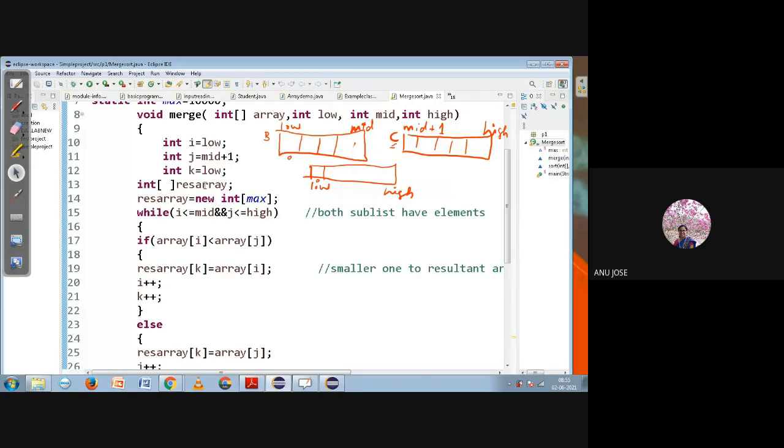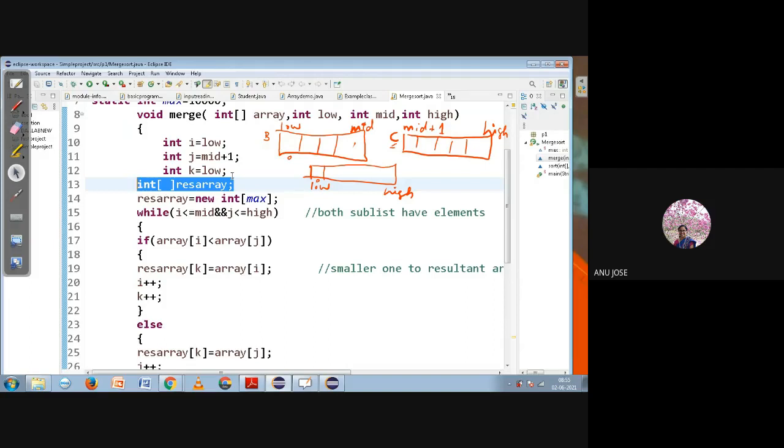Now you see I am creating a new array which is called the resultant array. This is the new array I am using, so this is not an example of an in-place algorithm. While discussing quicksort, we mentioned it is an in-place algorithm because only rearrangement of elements was used and we were not using any extra space.